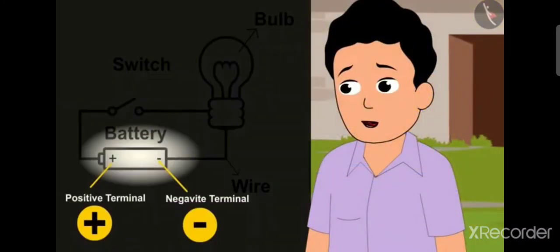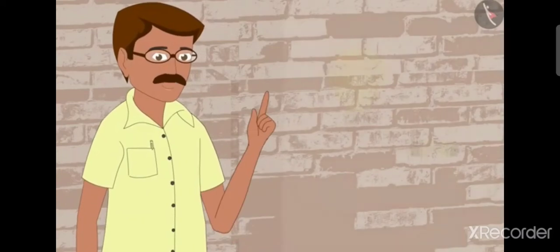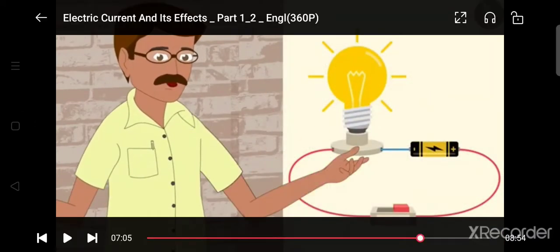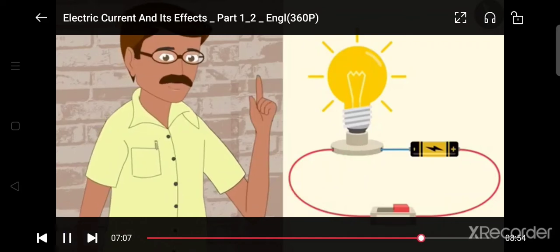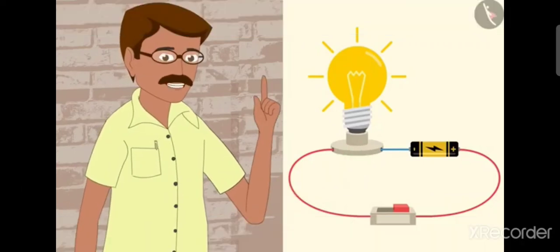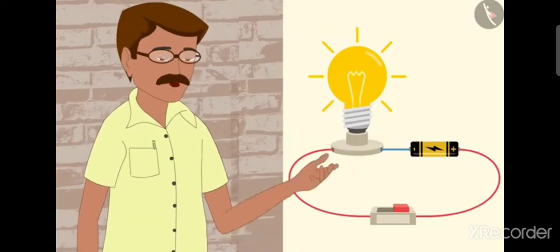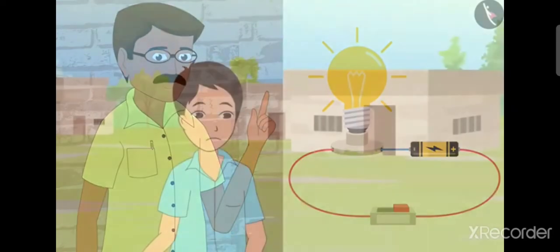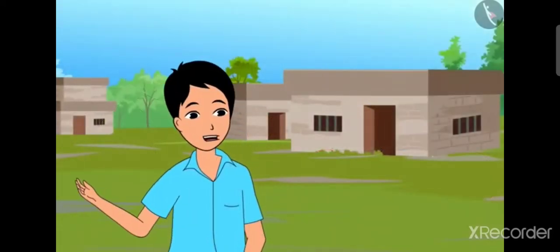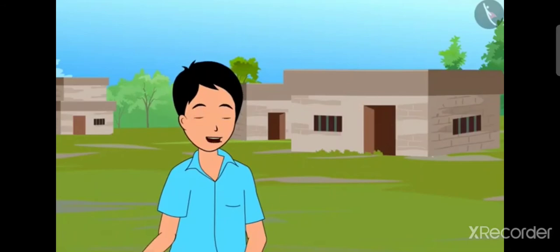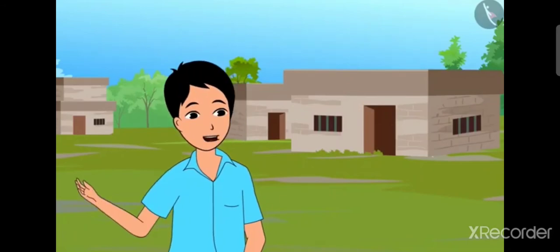This is the positive and negative terminal of a battery. Yes, you are right. And this is a simple circuit. For every appliance run on electricity, there will be an electrical circuit. We will come to know of the electrical supply through this circuit. I have understood this circuit. The power supply is through the positive terminal of the battery and the bulb is glowing because of this.